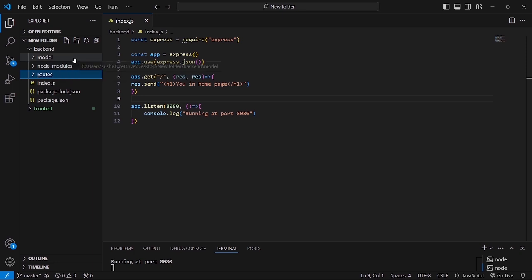So what are this model and route? If you have ever worked with backend, then you may know about the MVC structure, which is model view controller structure. So this M stands for model. View is our front end, which you can see we have a different folder for. So we are maintaining the view there, and controllers are also known as routes. So we will create all our controllers here. So let us go and create a model for our product. For that you need to write products. You can name it anything, but what I'm naming is